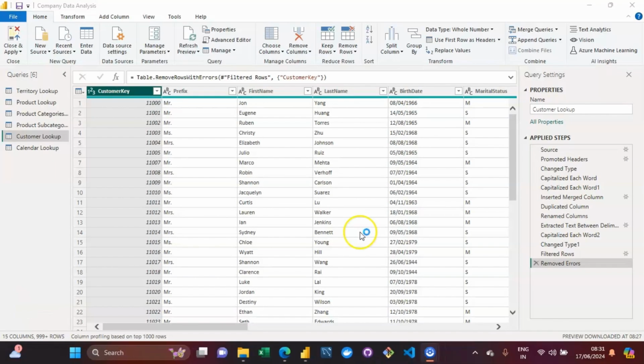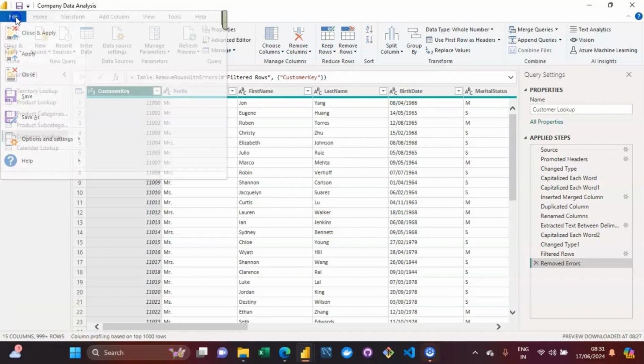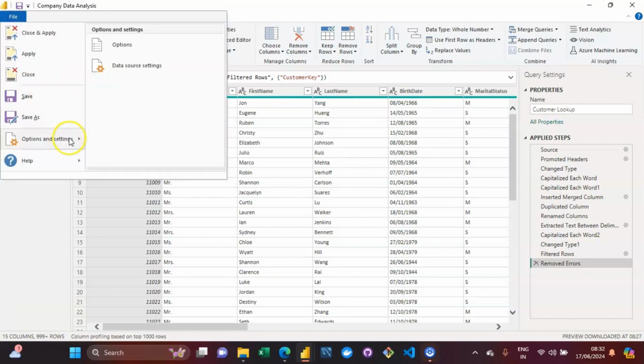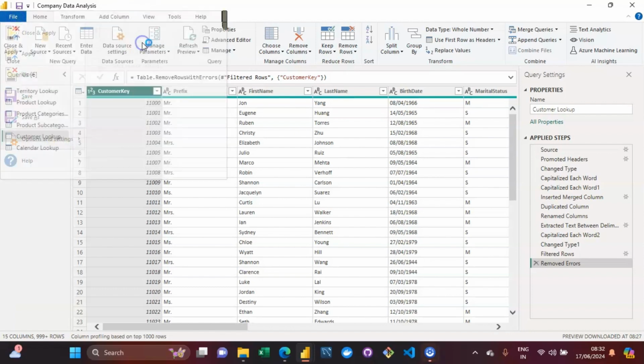All right, guys. In one of the previous videos, we were discussing a specific setting that we need to take care of, and that is change type with locale. So we had to choose the locale as United States English, right? In one of the previous settings, you might have seen that in the file option, in these options and settings,